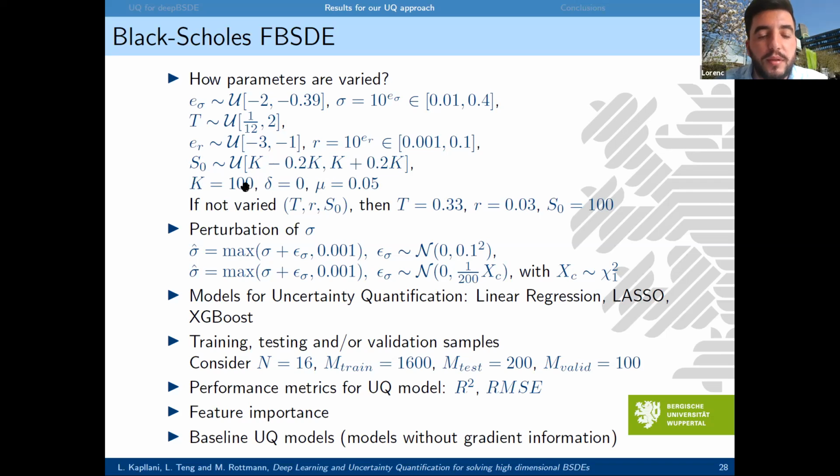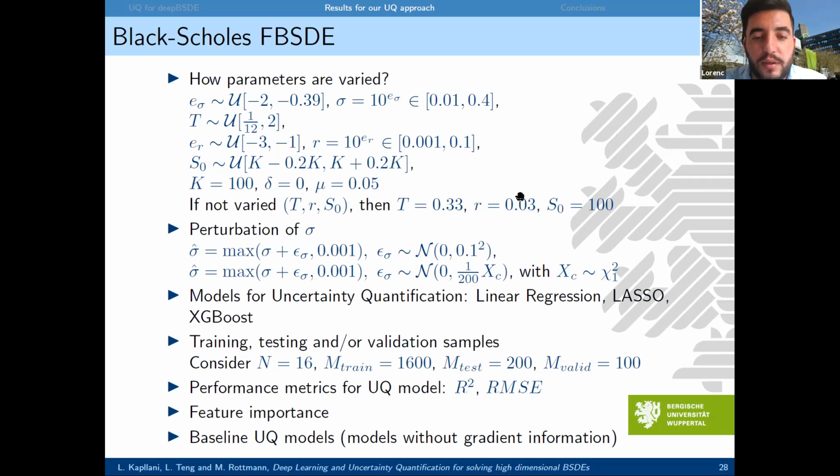For example, here in our results, we considered strike price 100. This delta is not the indicator; that is a mistake from me, it should have another name. It is just the dividend rate for the stock, but for simplicity, we consider 0, and mu is the mean return, which is 0.05. If we don't vary the parameters, then we fix them, with capital T equal to 0.33